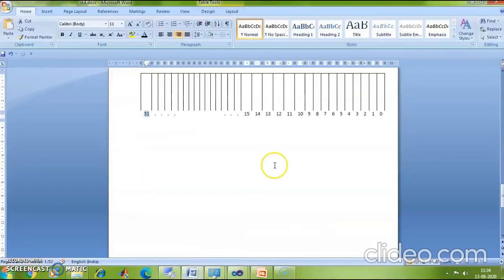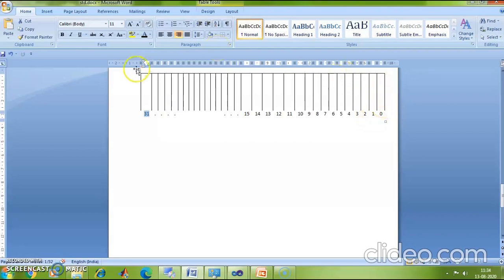If we can see this diagram here, you see that there are 32 bits. I have indexed it from 0 and ended it at number 31. So totally there are 32 bits, and each bit will hold the value 0 or 1. So in this way I am going to store my data in the computer.